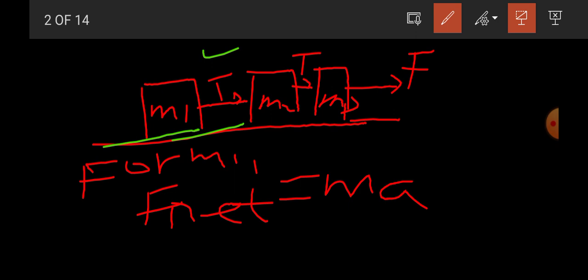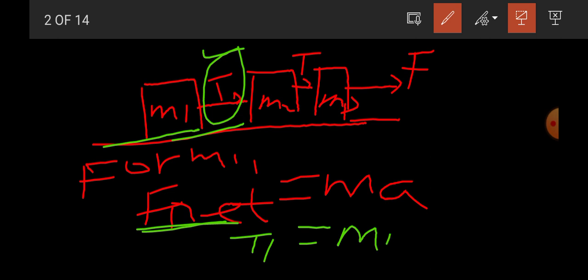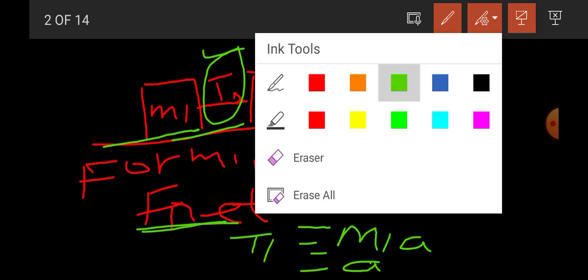The only force that is experienced on the first block is tension 1. ስለዚህ net force ወይ ደግሞ total force for block 1, T1 is equal to mass 1 times acceleration. mass 1 ስንት ነው? 1 ነው። ስለዚህ tension 1 is equal to acceleration ማለት ነው።